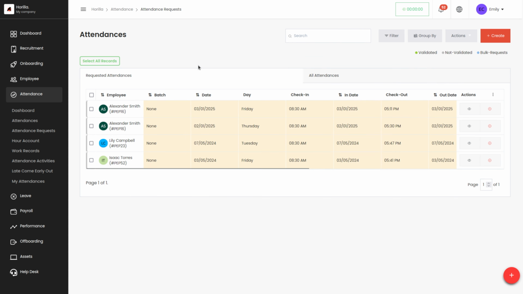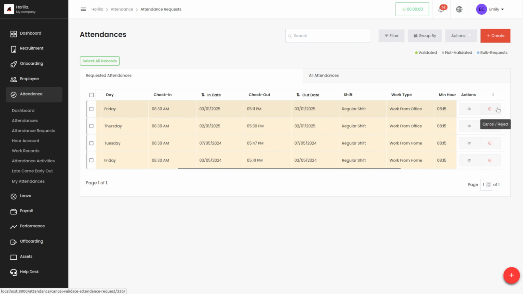But we have a difference over here: in the requested attendances tab, we can view the attendance requests of multiple employees. Here we have Isaac Torres, Lily Campbell and Alexander Smith. All of these employees are Emily Clark's subordinates. So she'll be able to manage the attendance requests these employees have created.